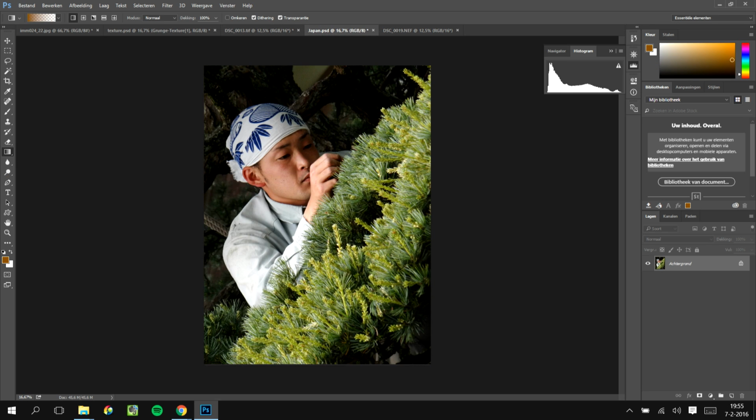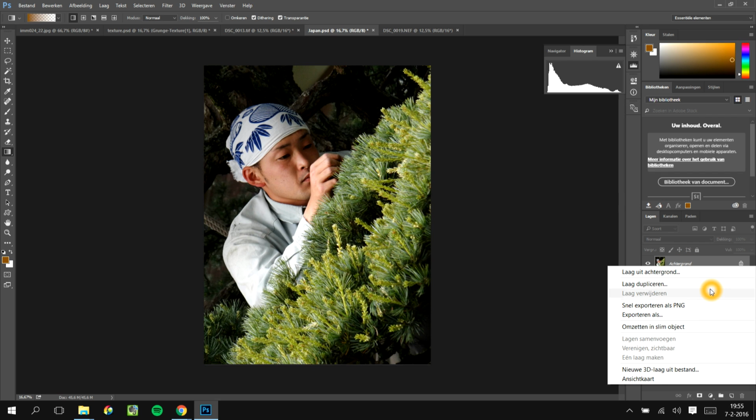We're gonna use similar modifications to edit this one, but I decided that I wanted part of this picture in black and white, where the guy is, and part of the picture I wanted in green, so basically where the bushes are. To get that effect, we're gonna duplicate the layer. Right now we only have the background layer, and if you press with your right mouse button, you'll get a menu and you can duplicate the layer